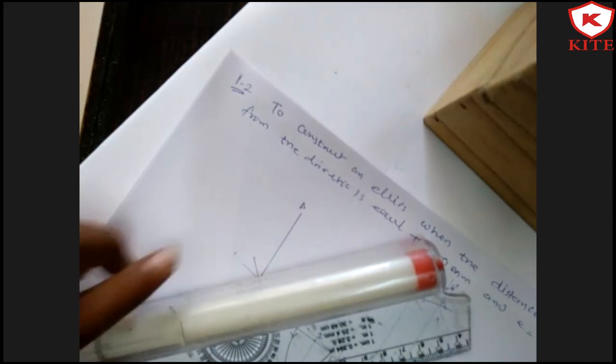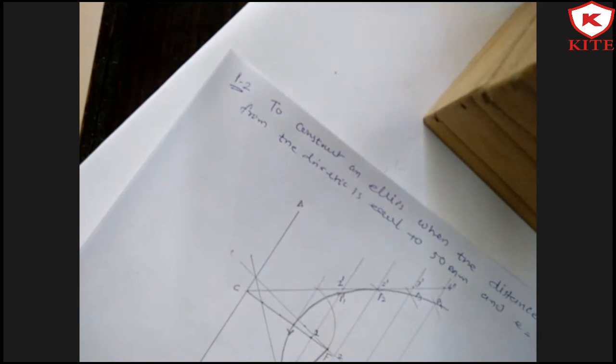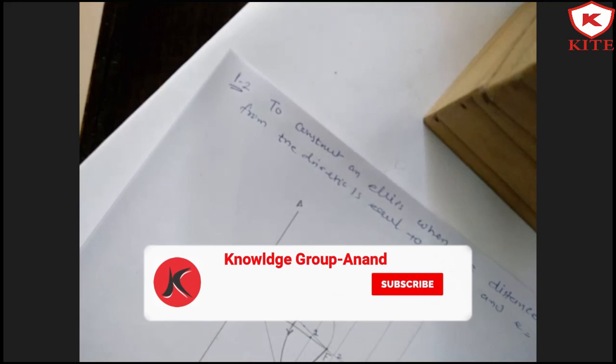Now first of all, take any point P on this curve and join P to F. After that, draw a line which is perpendicular to the P to F, which is intersecting to the line AB. After that, join this line to point P. This is your normal, and draw a perpendicular line from this point. This is tangent of this curve.